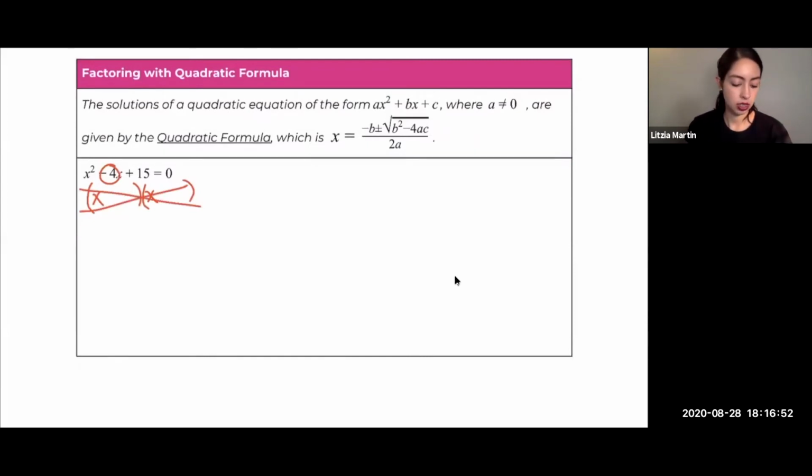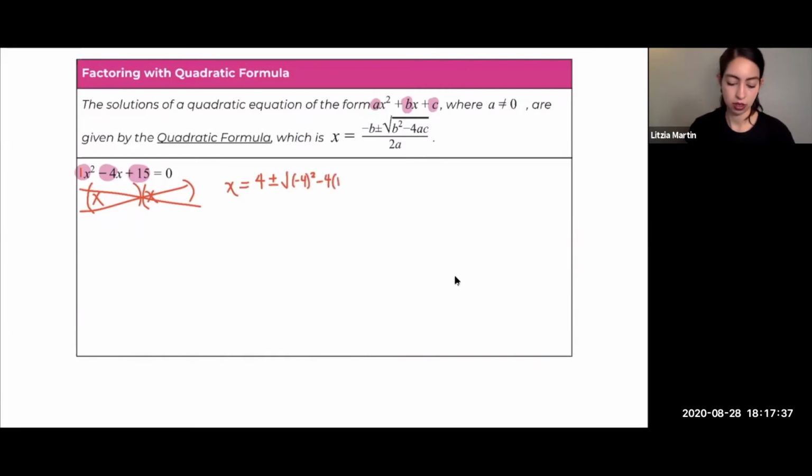So this, in some ways, is sometimes a little bit easier, because all you have to do is plug in and simplify. We just need to identify what is our A, B, and C. So from here, I can see that my A is 1, my B is -4, and my C is 15. So I plug it into the formula, and that's going to give me x equals opposite of b. So I said my b is -4, so I'm going to put a +4 plus or minus the square root of b squared minus